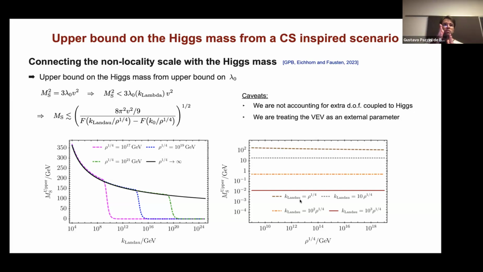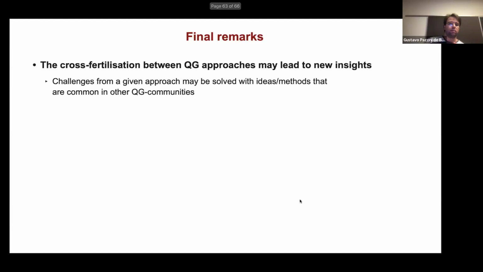So the Landau pole scale is exactly at the non-locality scale. The Landau pole scale is the scale where we expect that new physics becomes relevant, so it is where we would expect the discreteness assumption to kick in. And here we see that there is no separation between this new physics scale and the non-locality scale from causal sets. With this, I would like to enter my final remarks.